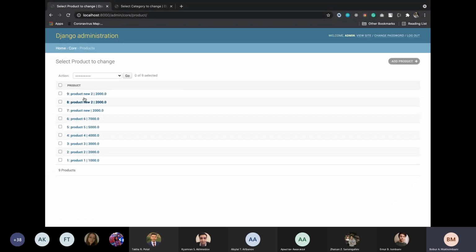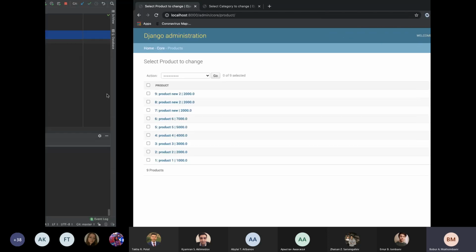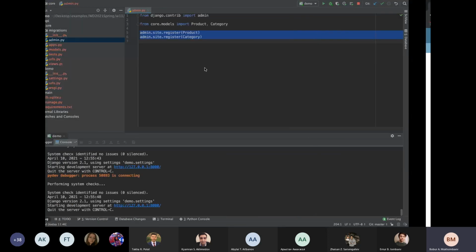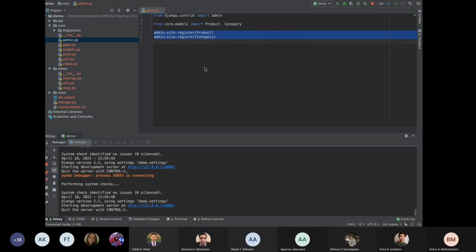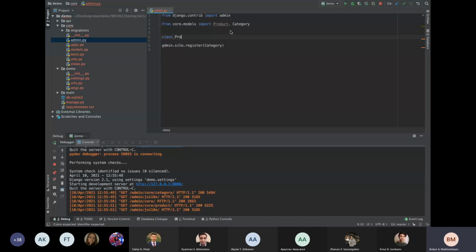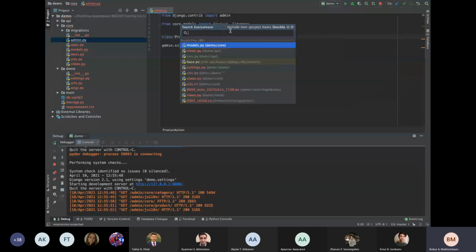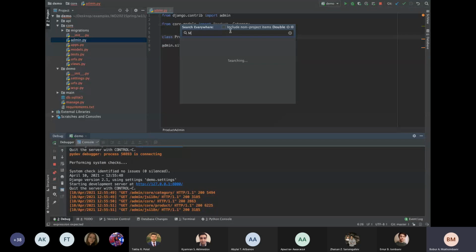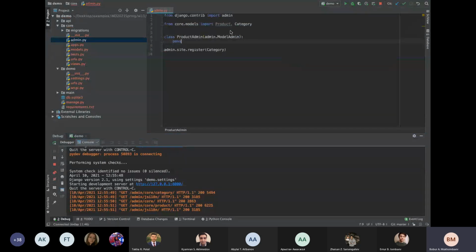So we are just showing the item, the product inside of this table, like one object. But you can implement it after creating a class Product, which will extend from the ModelAdmin. Sorry, ModelAdmin. And inside of the ModelAdmin, you might have the different types of configurations of the model